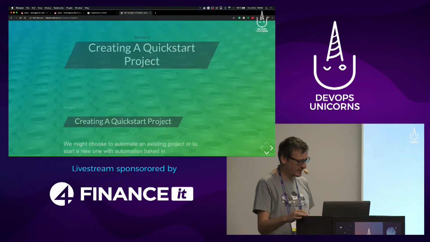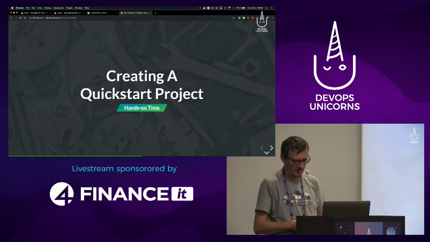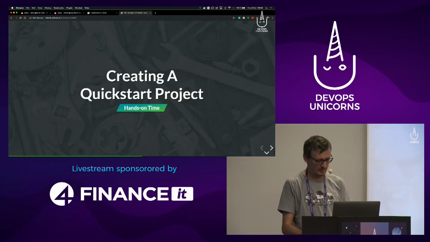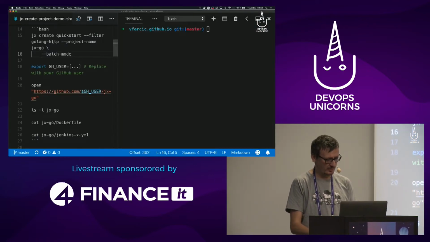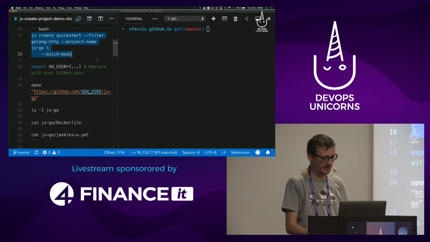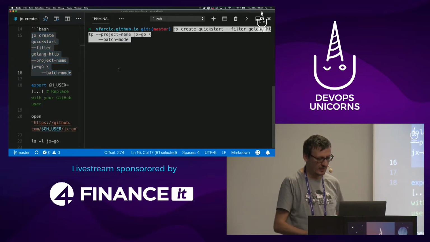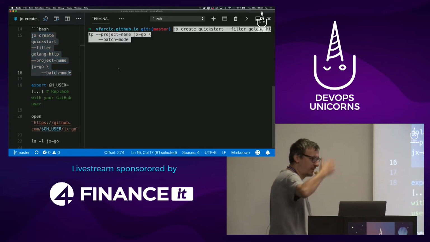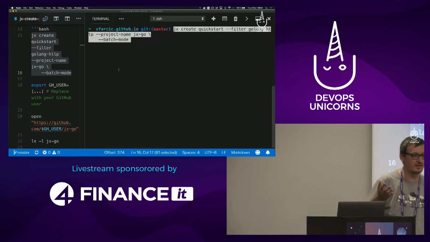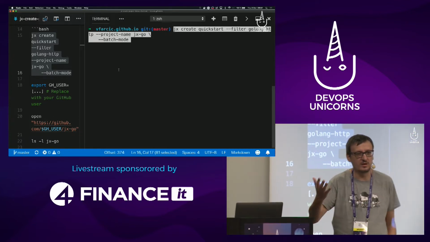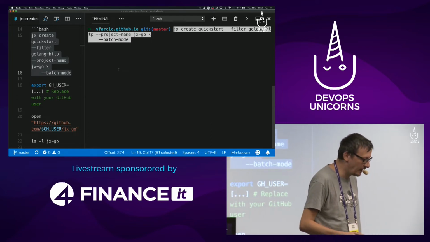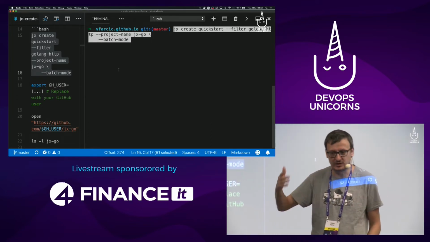So let's start. I'm gonna switch to my terminal. I don't like slides much, so I'm gonna start showing you things. Can you read this? Is this big enough? Okay, cool. So let's say that we start from scratch, right? We have a cluster. That cluster is running Kubernetes, and in that cluster we want to work on our projects, right? So what is the first thing you need to do when you start a new project?